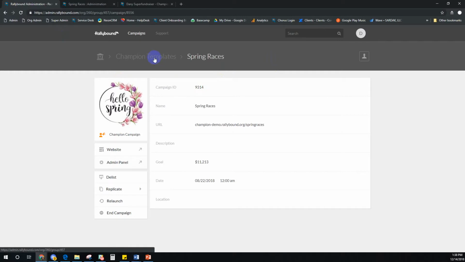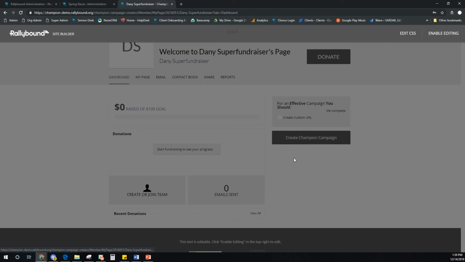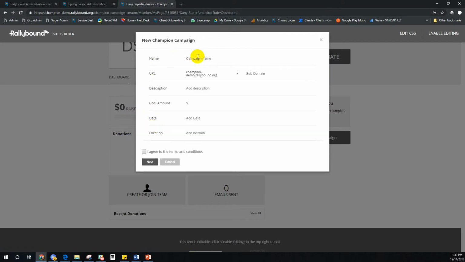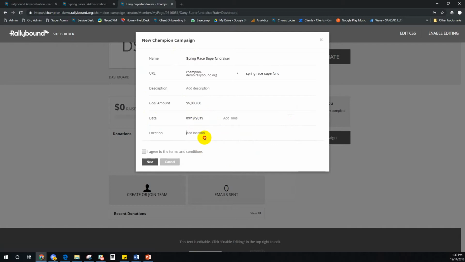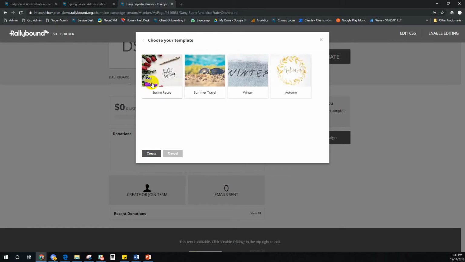this template type. And so when I, as a champion fundraiser, choose to create my campaign, Spring Race Super Fundraiser, my goal is going to be an ambitious $5,000, and this will be held on, I want to say that's the last day of spring in fabulous El Segundo, California. When I click next, this is where I would see that template type with all of those settings that the